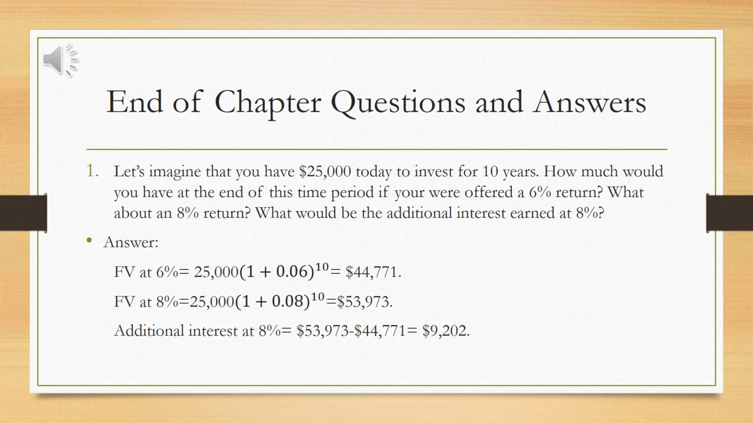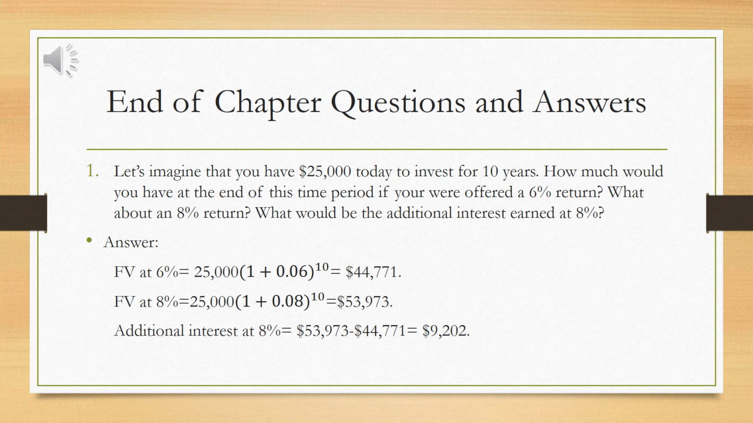Well, the present value is $25,000 in both cases, and the time is 10 years in both cases. R is either 6% at first or 8% later on. So the future value at 6% is equal to 25,000 times 1 plus 0.06 to the power 10, which is equal to 44,771. The future value at 8% equals 25,000 times 1 plus 0.08 to the power 10, which is